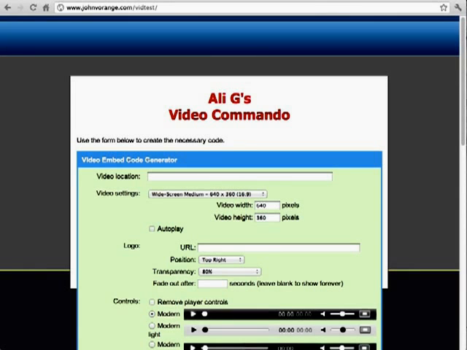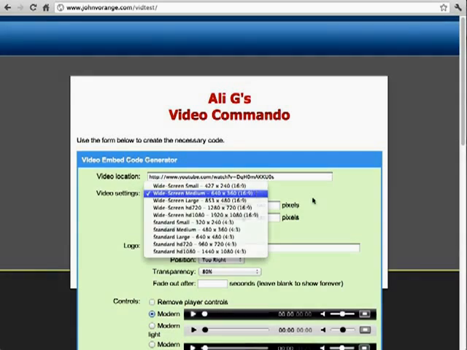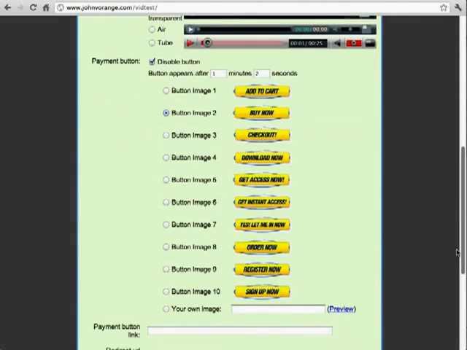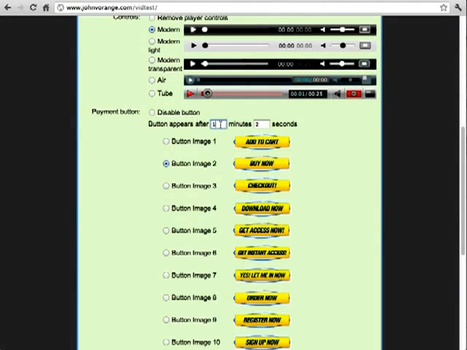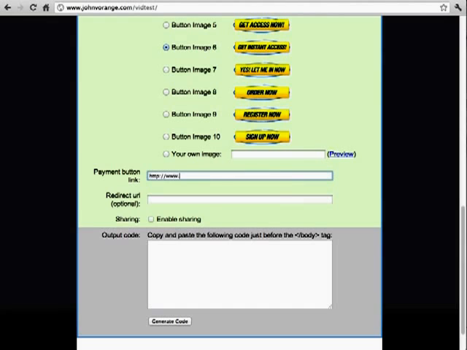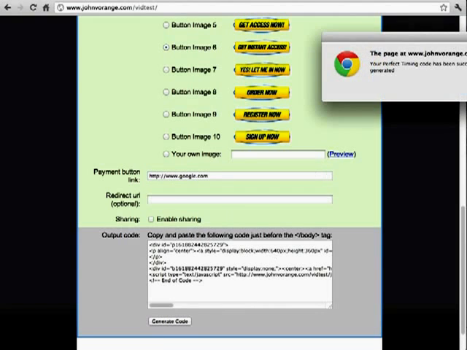So let's say I have a YouTube link, which I do, and I just leave it as defaults. I'll leave everything else to their defaults. Actually I might just enable the button 15 seconds, maybe get instant access, and I'll just paste in a link. So this should be your payment link, but I'll just put in the Google website, and